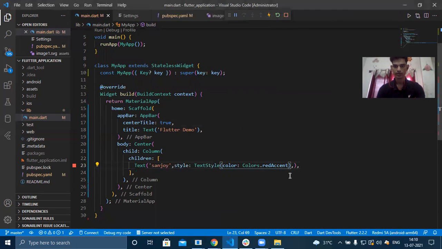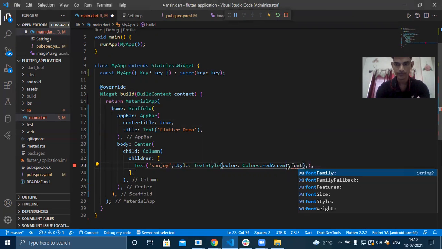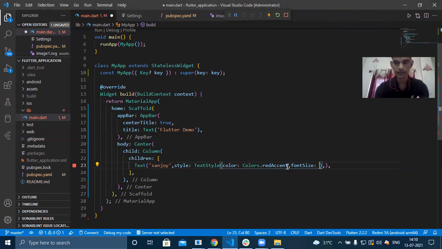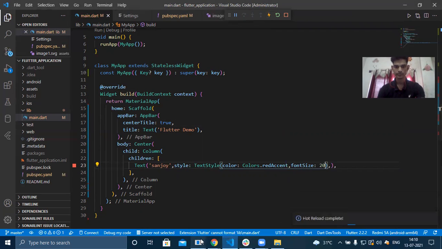And inside this text style, you can use another attribute called font size. Font size, I'm going to give it as 20. So now check. Restart this.